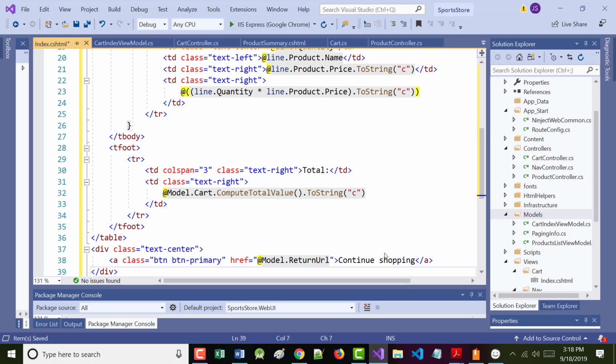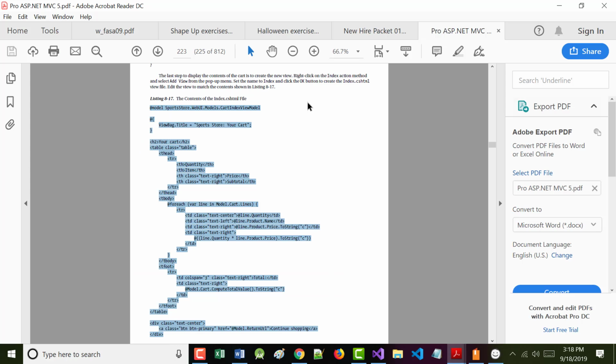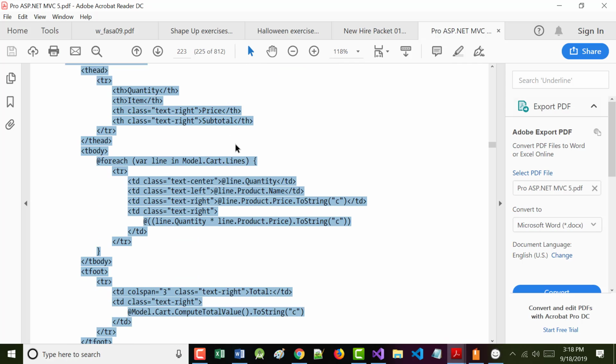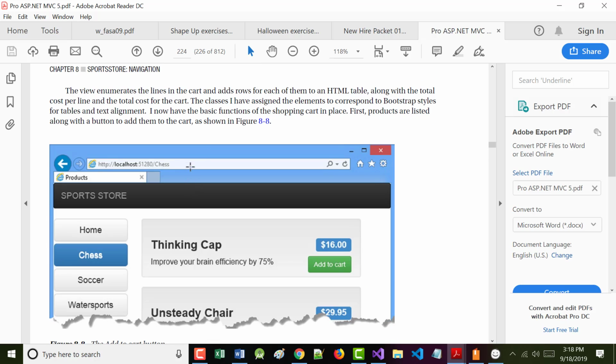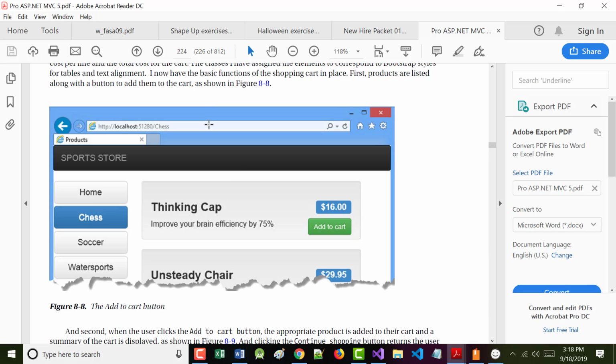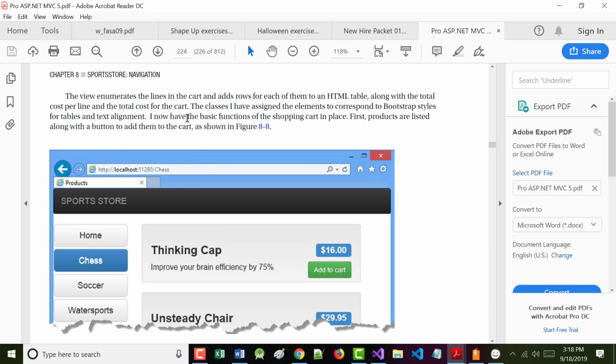And for lack of better words, it's almost time for the big reveal. So the author says here, the view enumerates the lines in the cart. So in other words, it's going to grab all of the items that are in our shopping cart, and it's going to figure out the costs.